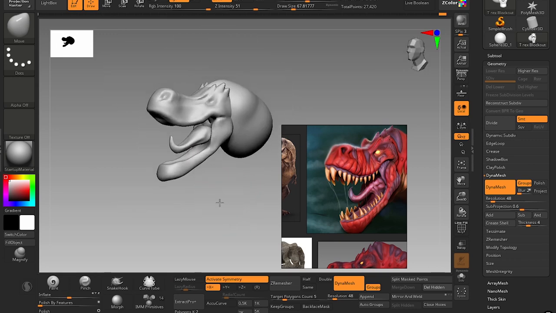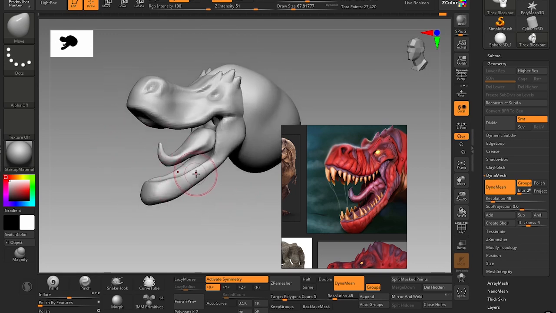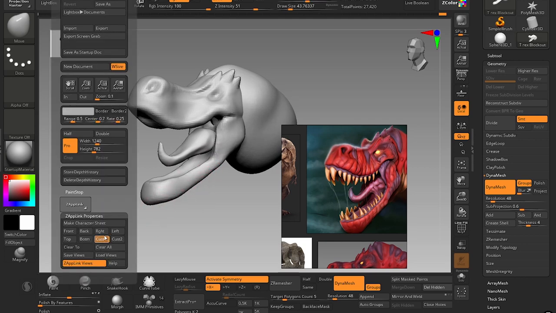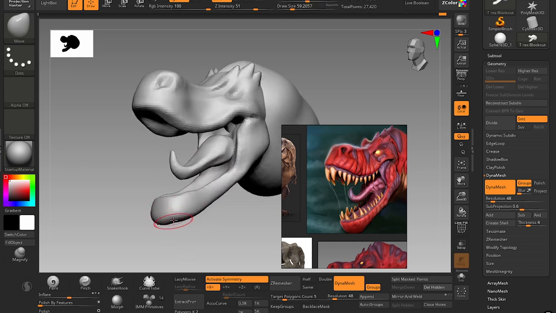So it is all about trial and error, and use move brush, clay brush, and just try to match the shape until it starts to look good. This is my theory of sculpting. Do not worry about whether it will look good in the end. Of course it would look good. You just have to keep believing in yourself,